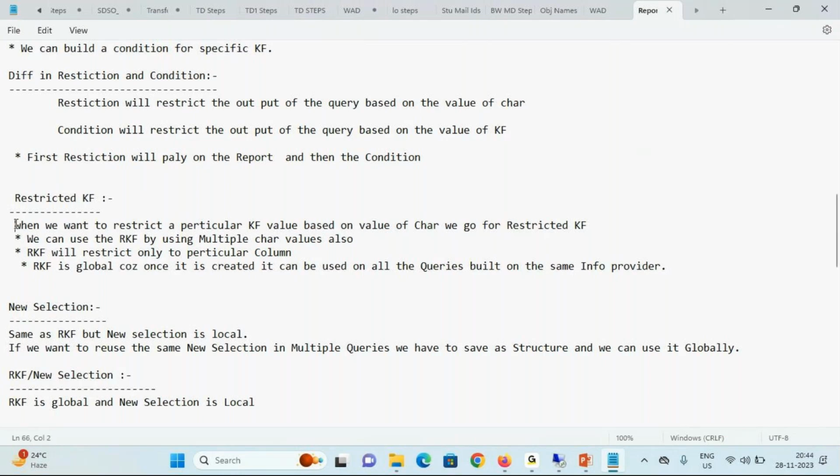Restricted key figure. When you want to restrict a particular key figure value based on the value of a characteristic, we